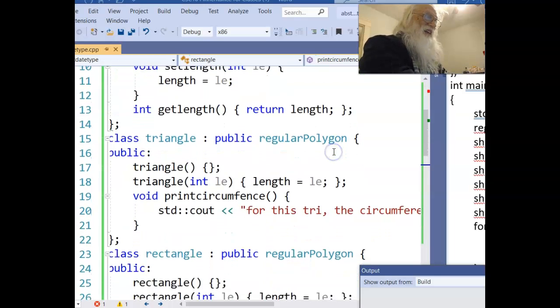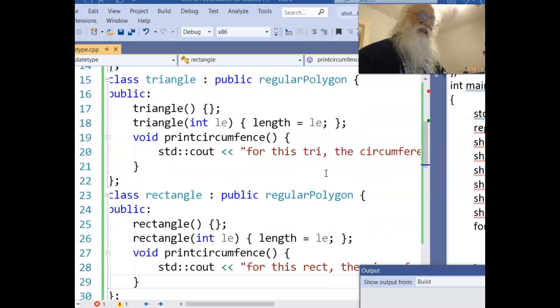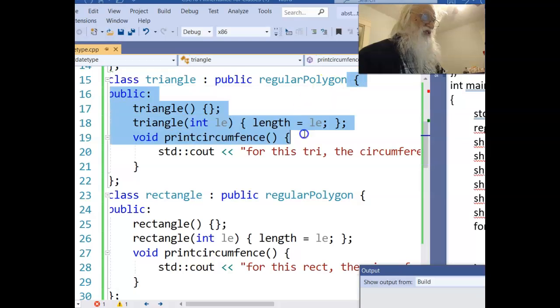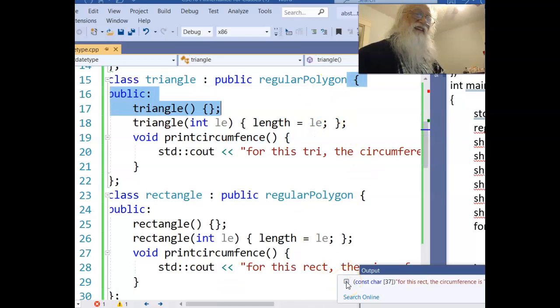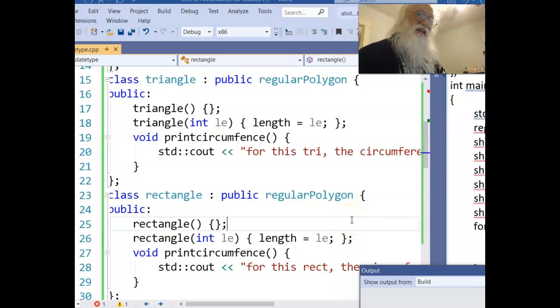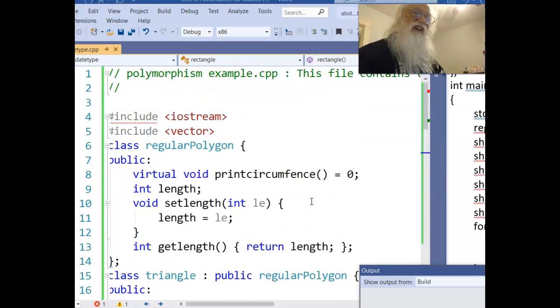It doesn't have any meaning until we get down to the children classes. And depending on which child you choose, the function has a different meaning. In one case, it prints for this tri. In another case, it prints for this rec. It's not the same function. It's three different functions, but they all can be gotten to by the virtual function